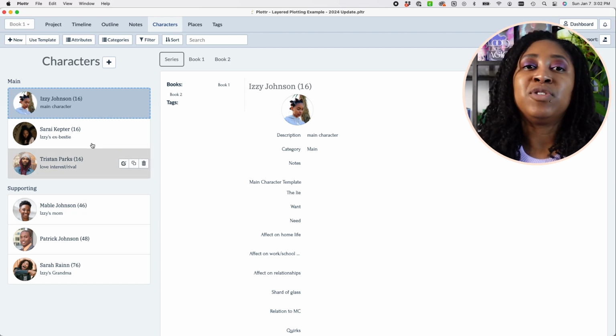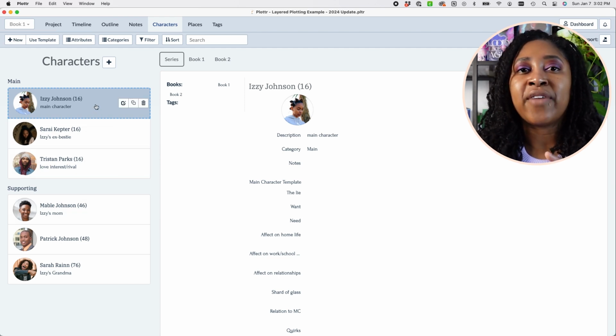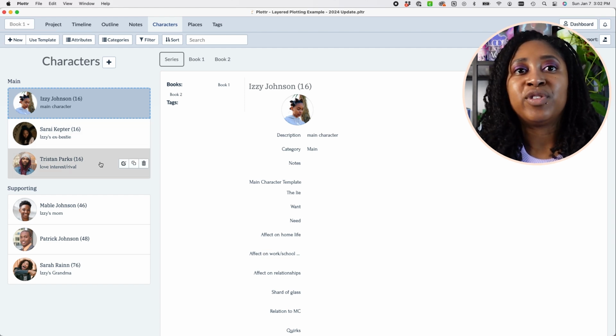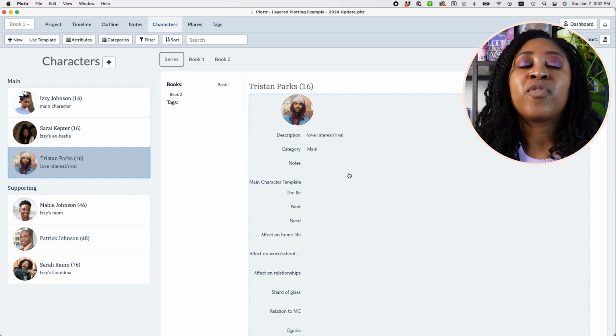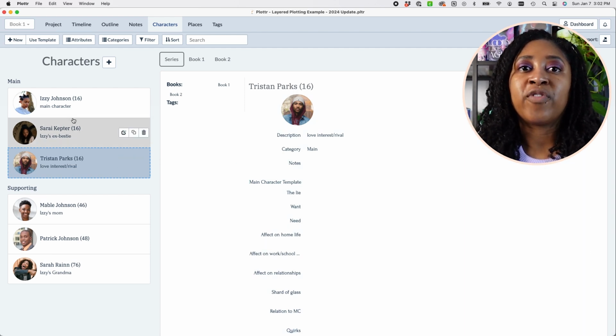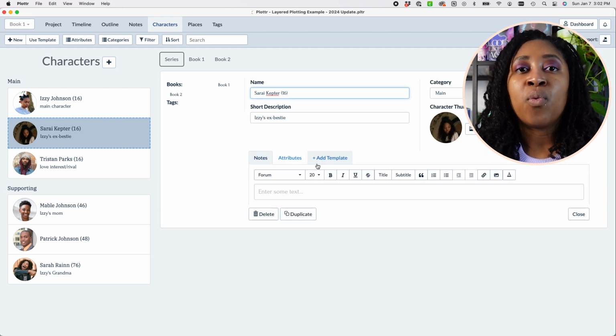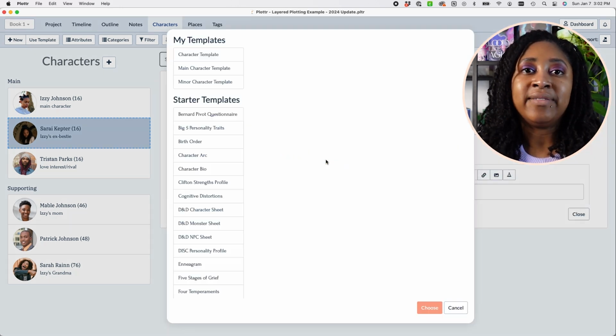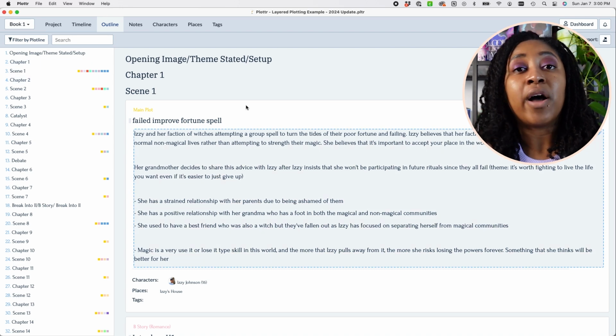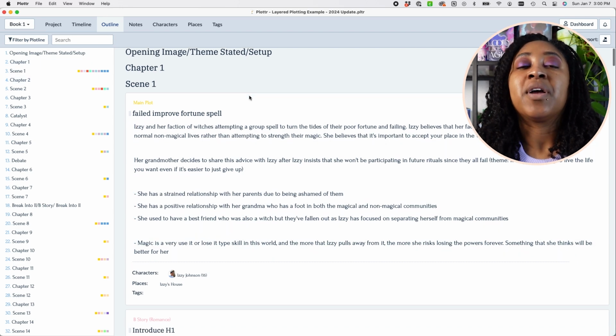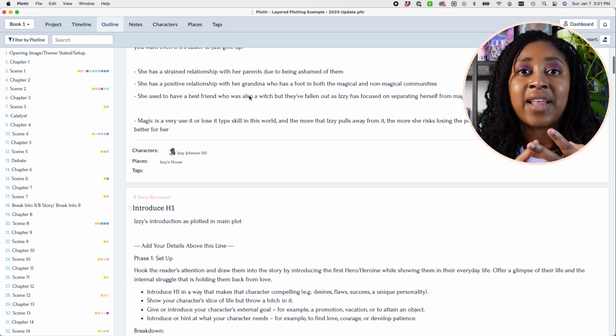And previously I was doing this in Scrivener, and even when I first started using Plotter, I felt that it's still better to do this in Scrivener, and then I decided that it was not. So for one, the big thing in Plotter for me is that it integrates with the timeline. And so what I found is that I have that timeline where I do a plot summary for every single chapter. And so I say the date and I say everything that happened in that chapter.